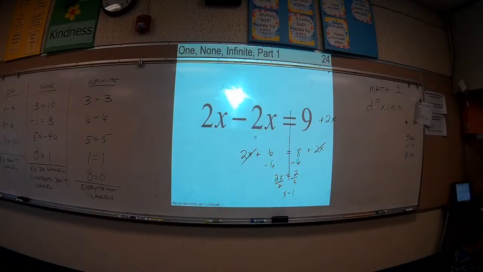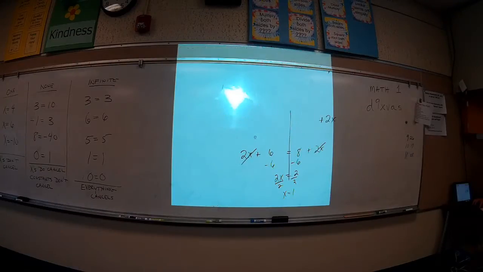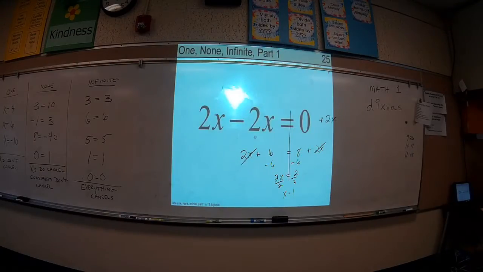This one, Greenlee, it's your turn. It would be none because the x's cancel out. Yeah, and I'm left with 0 equals 9, I think. All right, Jackson. This solution would be none. Why do you say none? Because